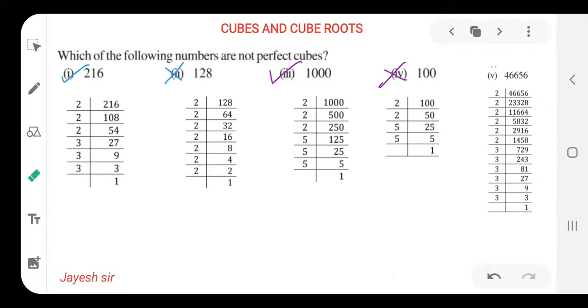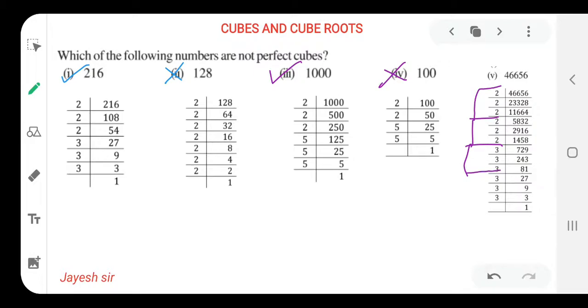A group of 3 should be formed always. 3 times 2, I can see this could be our first group. Let us make it clear so that you all can view from here to here. This is the first group. Second group from here to here, this is our second group. Yes, two groups of 2 we can find easily here, because in this longer type of sum you won't be able to remember cubes up to a large number. That's why by this method we can check whether it is a cube or not.